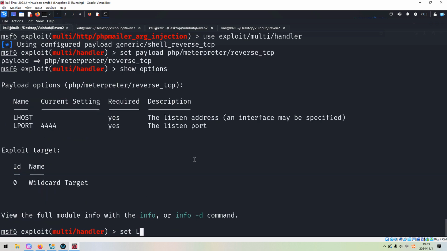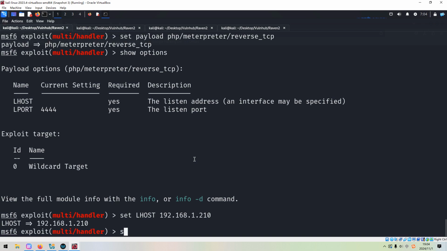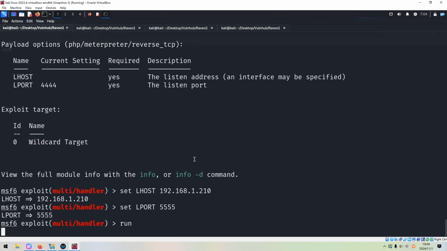So set local host to our Kali Linux, and set local port number, as usual, to 555. Of course, you can set this port to anything you are comfortable with, right? And now we can run it, and the handler starts.